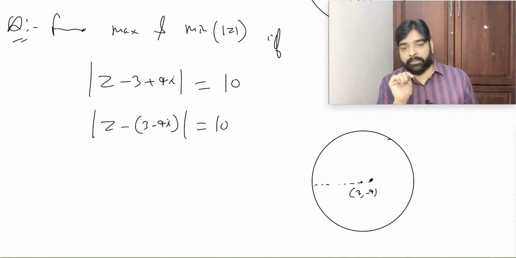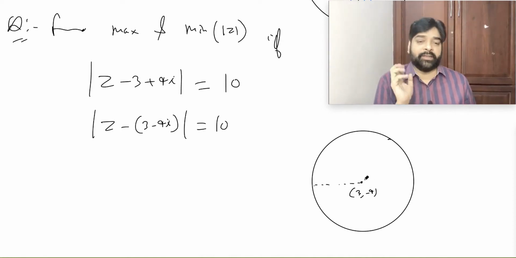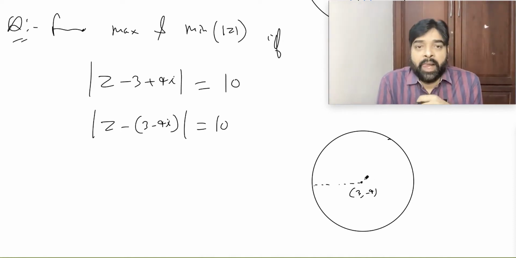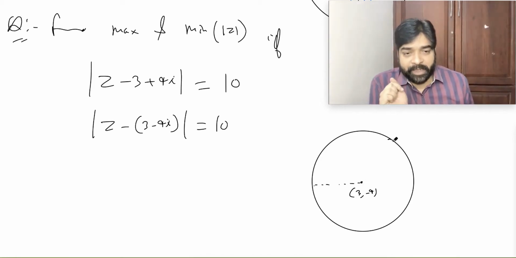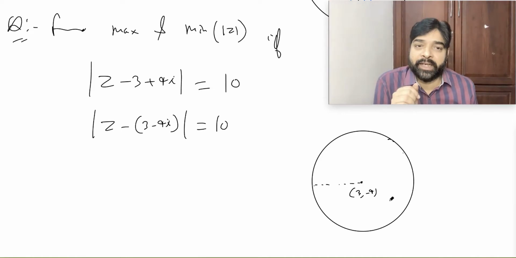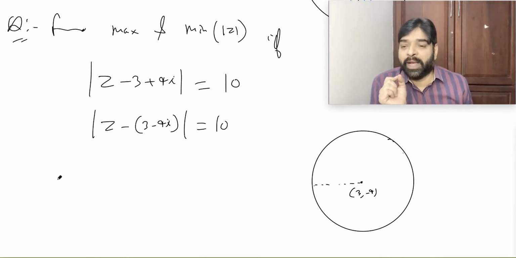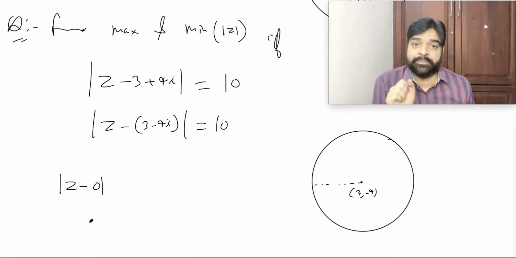Actually, why is the origin needed? That is the question that arises. I know where z is. Z is on the circumference. Why can't we get it directly? Because they are asking you the maximum and minimum value of mod of z. Mod of z means mod of z minus 0. So you have to draw a line. Z I am having, but I am not having this point. This point should be there. Then only I will join it.